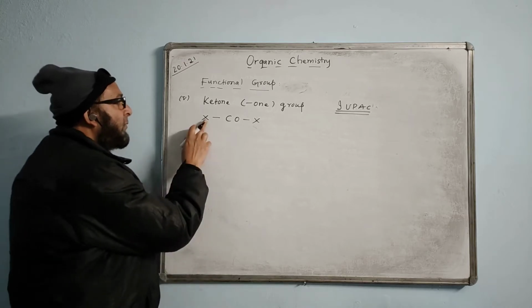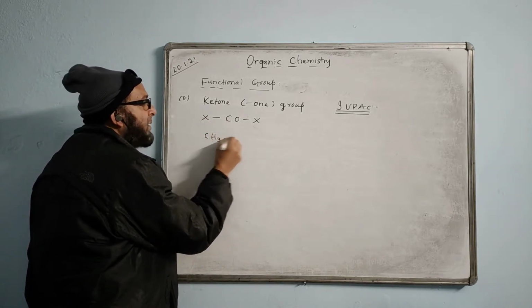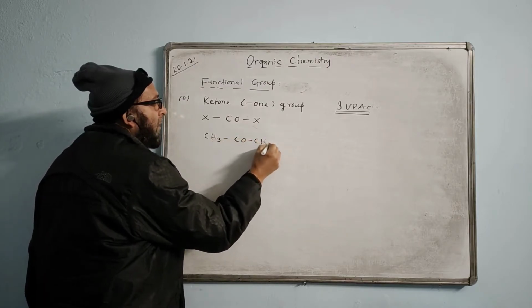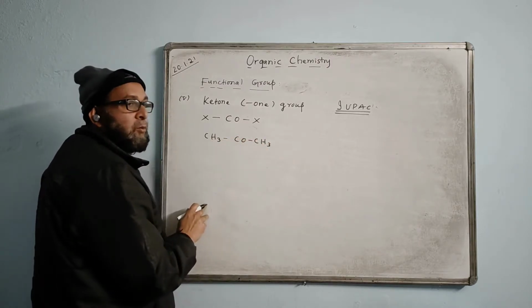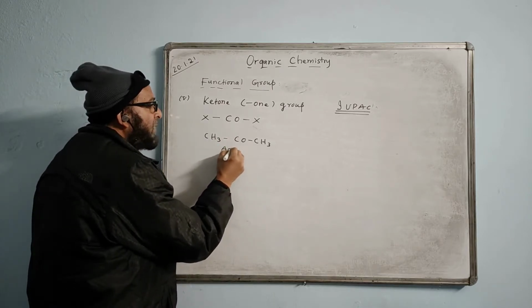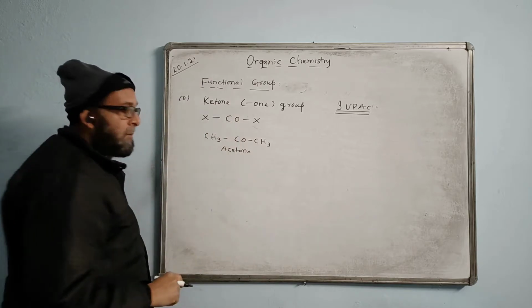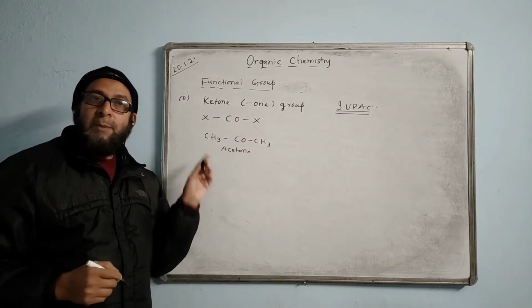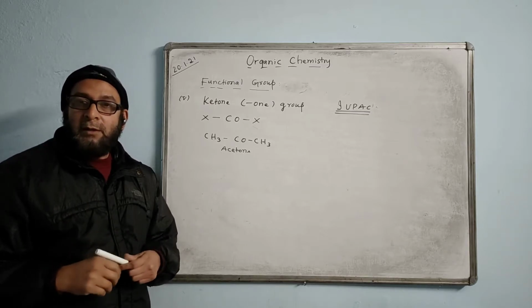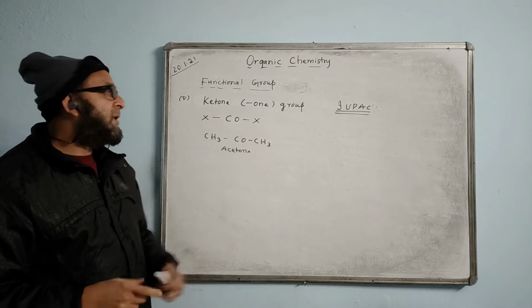Okay, here we begin with the first. Only one member you have in the syllabus, that's CH3, CO, CH3. Only this one you have in the syllabus. No need to bother about the other members. Common name of this one is called acetone. Acetone, A-C-E-T-O-N-E. Only this member you have in the syllabus. You don't bother about the other members. Acetone. And its IUPAC system name.